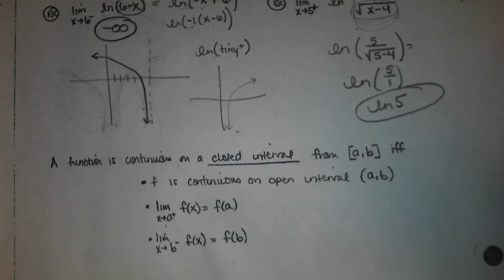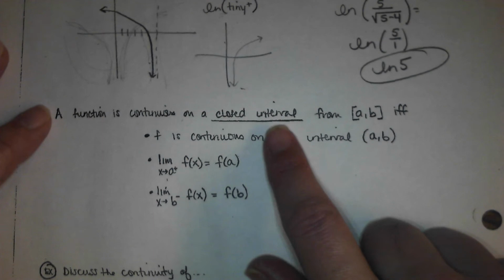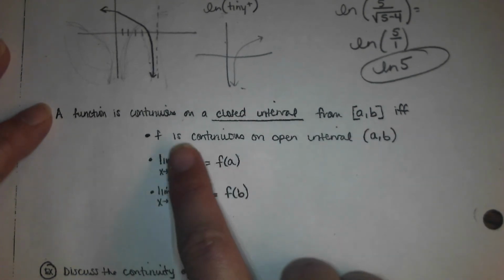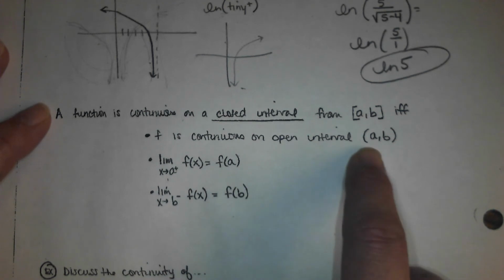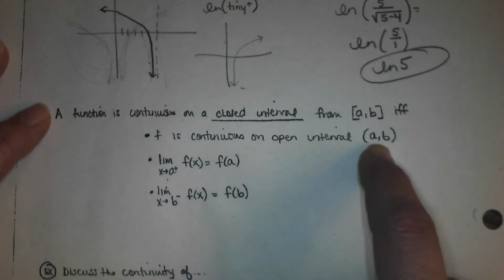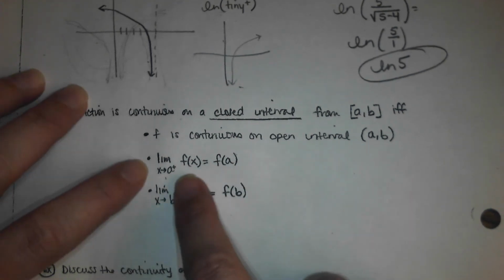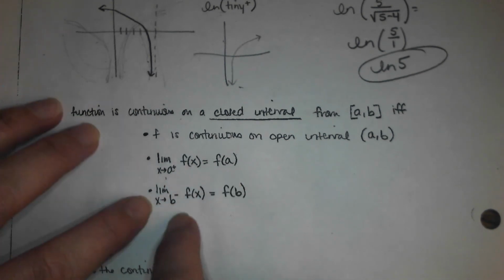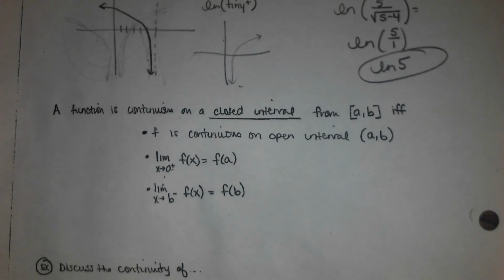All right, so a function is continuous on a closed interval from A to B if and only if the function is continuous on the open interval, in other words, in between, and if your limit as you approach A from the right equals the function value of A, and the limit as you approach B from the left equals the function value of B. So rather than talking about overall functions, we're going to talk about certain little sections of functions. Is this function continuous